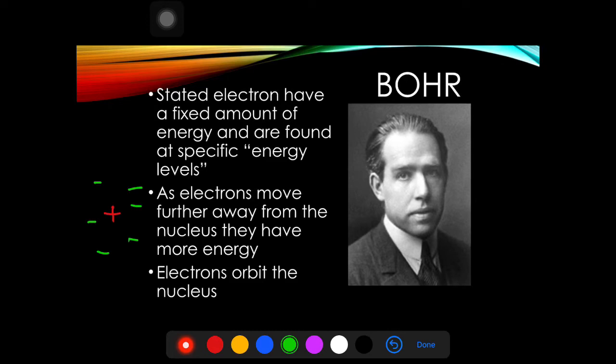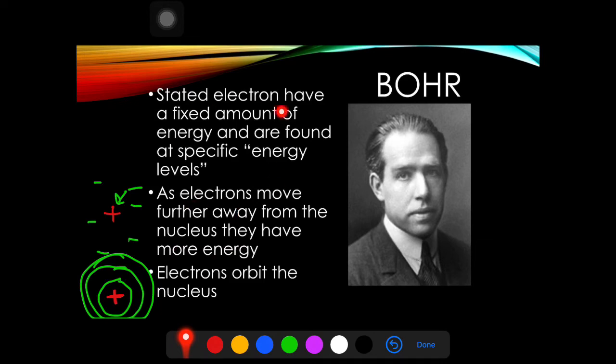But Bohr came along and Bohr said that doesn't make any sense because we know in elementary school and middle school, the outer electrons would have just fallen into the center because we know that positive things attract to negative things. So Bohr had to improve this model, and he said that we have a positively charged nucleus, and these electrons do exist, but they exist in energy levels around the outside. As the electrons move further and further away from the nucleus, they have more and more energy.